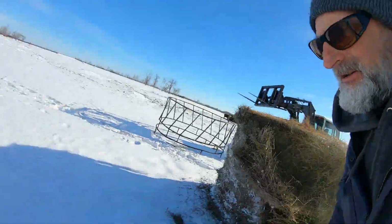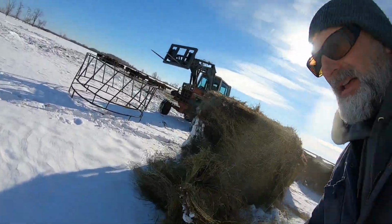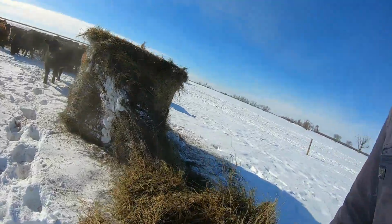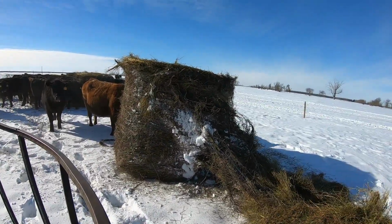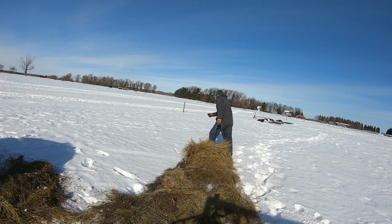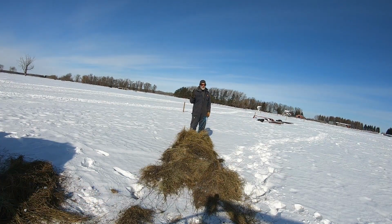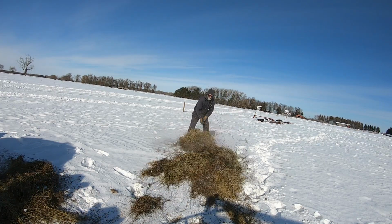So that's the other factor, that if I would have done this in the fall, I wouldn't have lost the hay. But anyways, it is what it is. See how much we pulled off already. The other thing, there was no snow when we took the twines off the bales, and the twines came off so nicely. Now, but